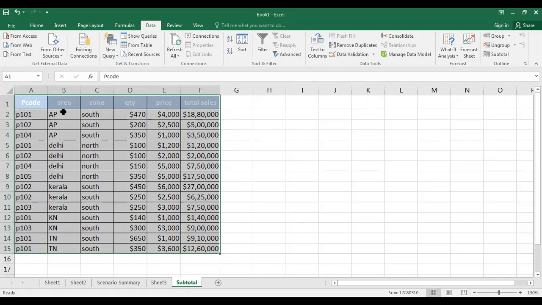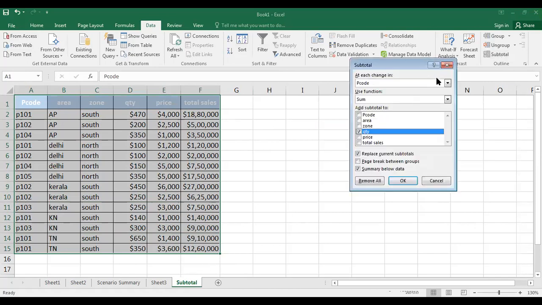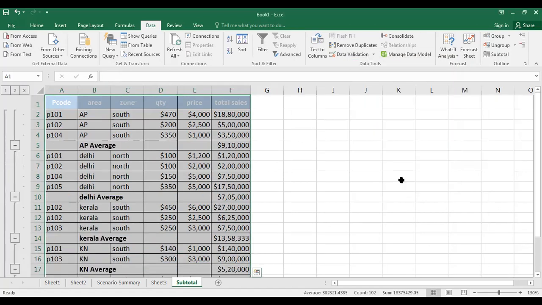The data is now organized by area. Now what you should do is subtotal, based on area, not sum but average of total sales. Say okay. Now you can see it's not sum, it is average for each area.